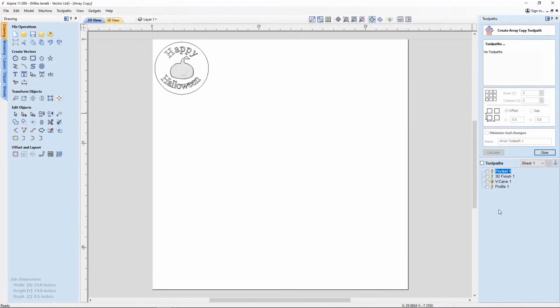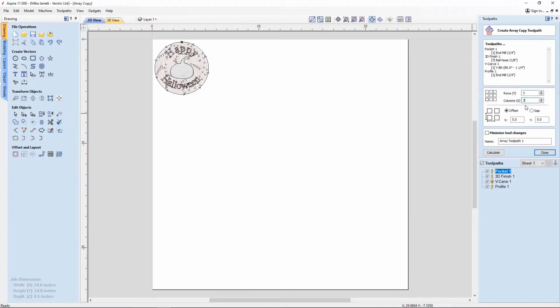And now the first thing we need to do when using this kind of toolpath is select all of the toolpaths that we want to make copies of. In our case, it's all 4 of these toolpaths. Next we need to decide how many copies we'd like to make, and we do that by specifying the dimensions of the grid that our copies are going to make. So let's say we wanted to make 9 copies, we'd just have 3 rows and 3 columns to make a